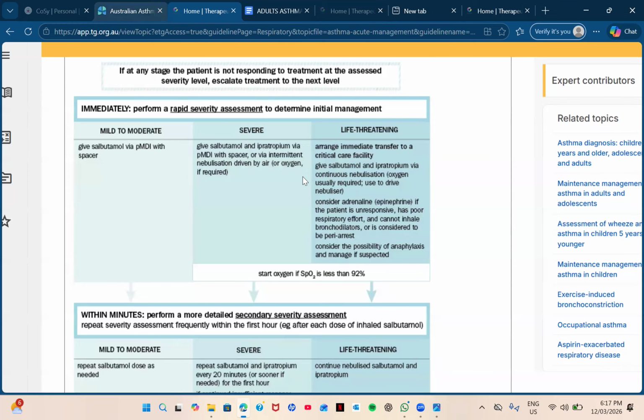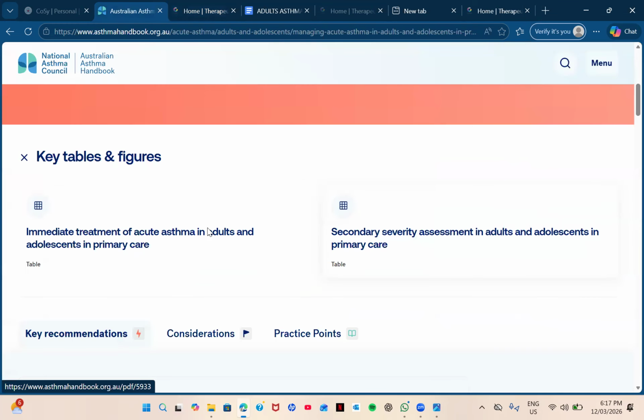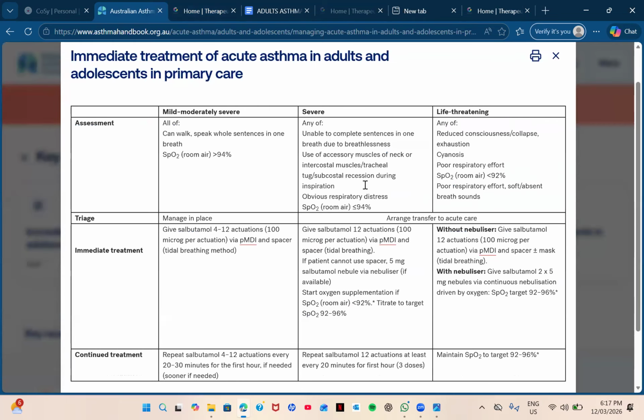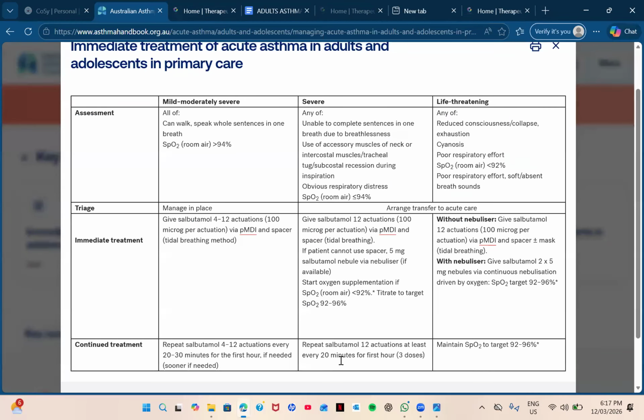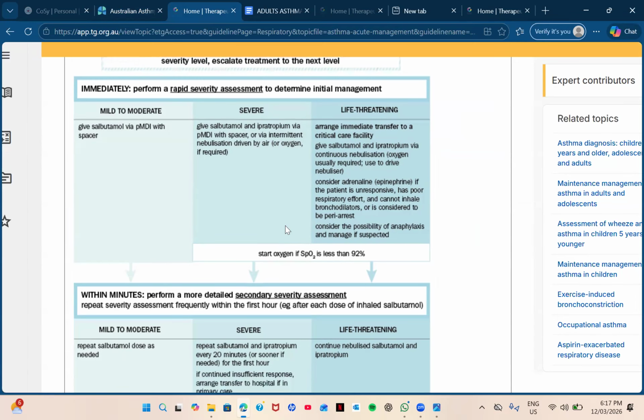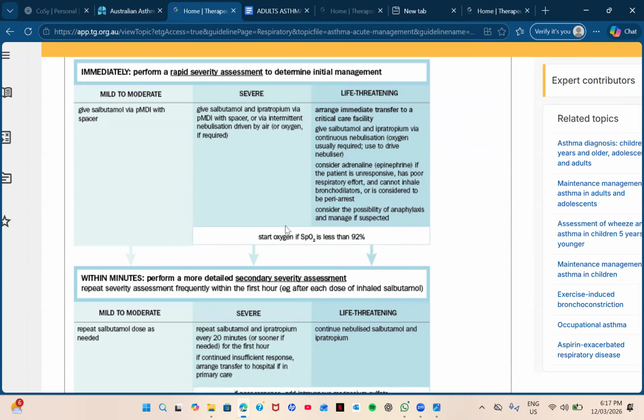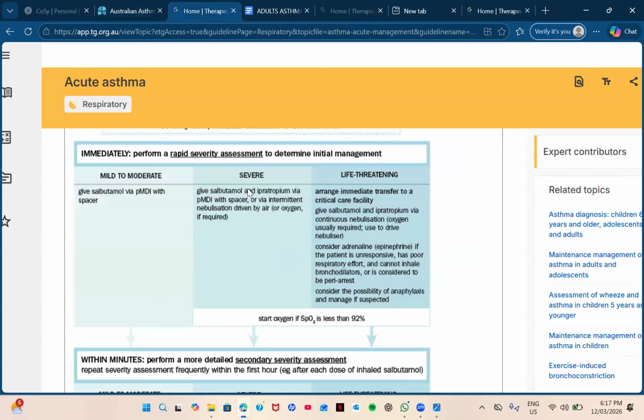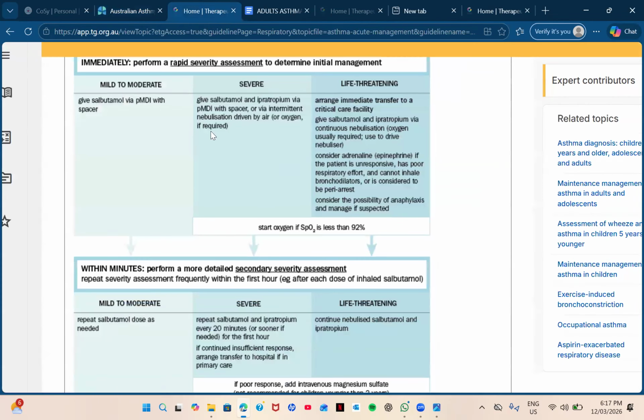But in the Australian asthma handbook, they have not mentioned ipratropium in severe cases. So just keep those things in mind. Because we have to follow TG, and both are Australian guidelines. When you are doing the questions, you will understand. Just keep this in mind. Here they can add